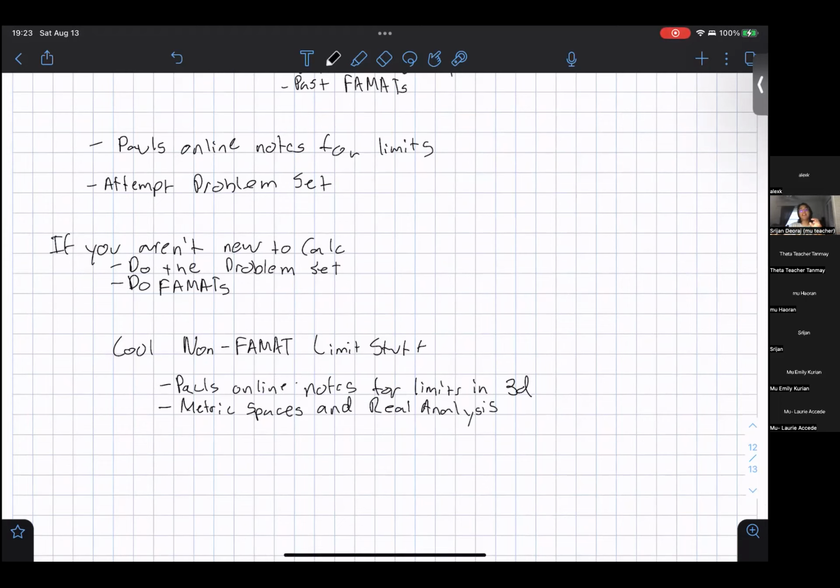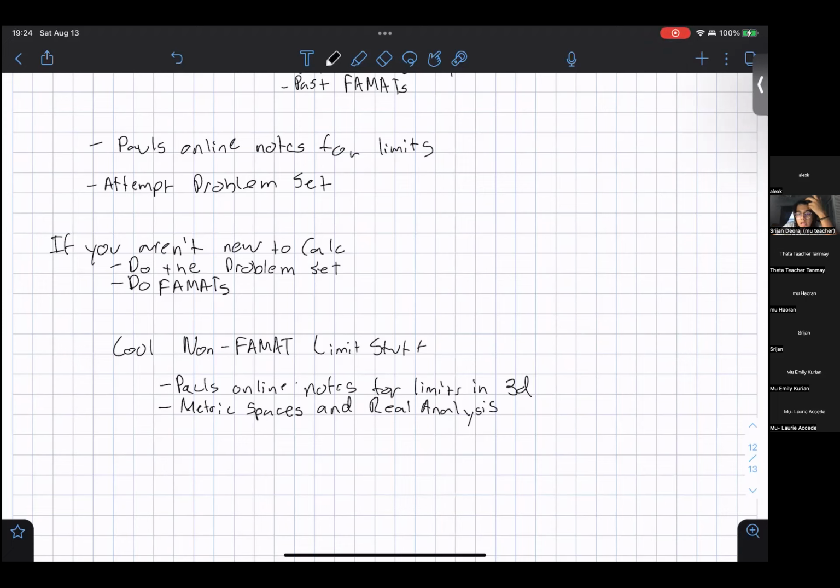This is very math-major, proof-heavy stuff, but it's formalizing a lot of what we learn in calculus, so that you can actually prove a lot of things that we kind of just take for granted in calculus. And yeah, someone asked if we know everything up to integration, should we be okay